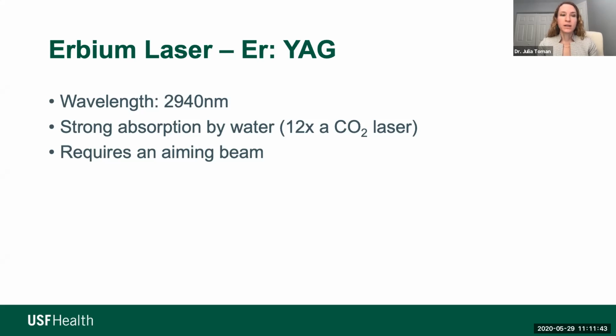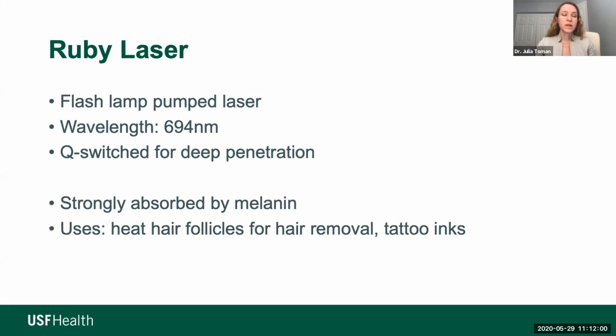The Erbium laser has a wavelength of 2,940 nanometers, and its chromophore is water. It is strongly absorbed by water, 12 times more than a CO2 laser, and like the CO2 laser, requires an aiming beam. The Ruby laser, another flash lamp pumped laser, has a wavelength of 694 nanometers, and it's most often